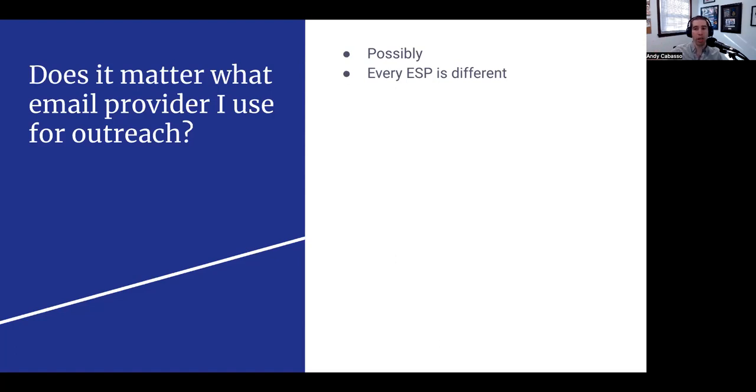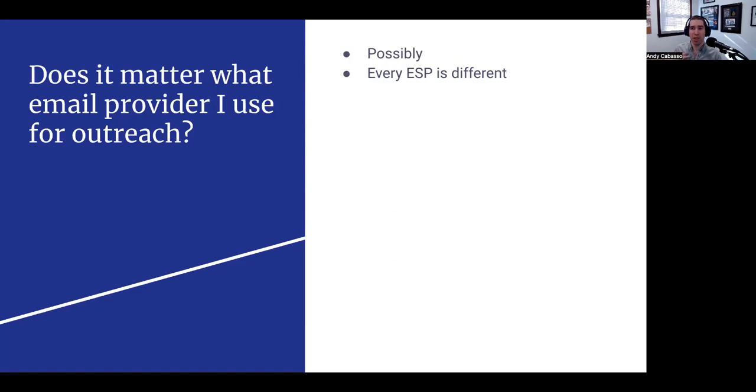If your email is with Google Workspace versus Microsoft 365 versus Zoho versus something else, each of these email providers has their own algorithms that determine whether an email from this particular person is going to go to spam or is going to go to the inbox, or in Google's case, go to a categories folder. And while they all subscribe to block lists to see if certain email addresses are on a block list, determining whether your email address goes to the inbox or spam is up to each email provider.